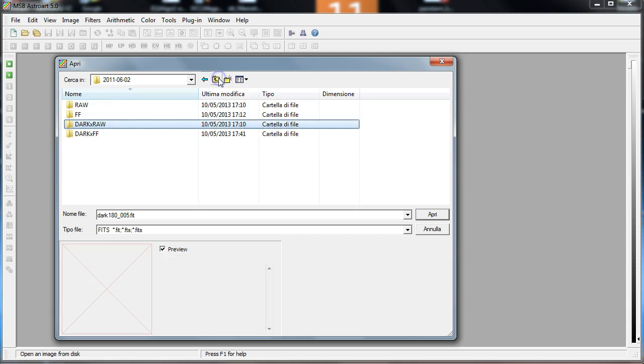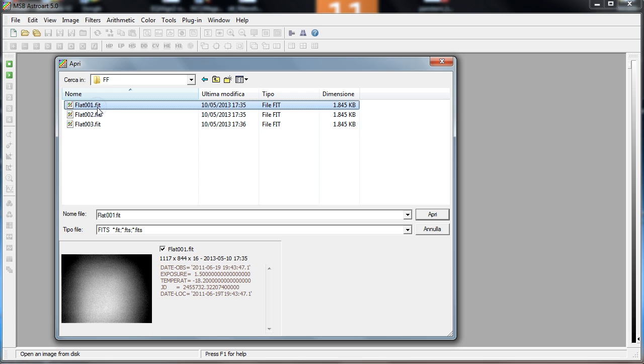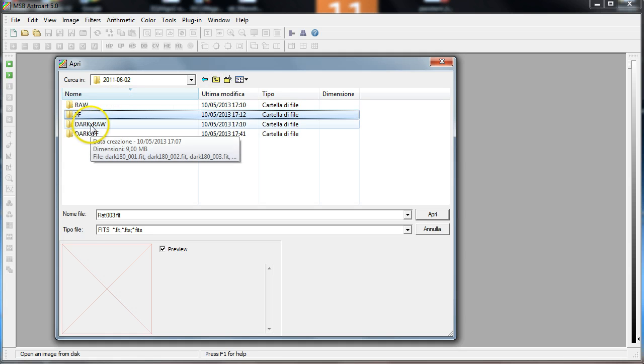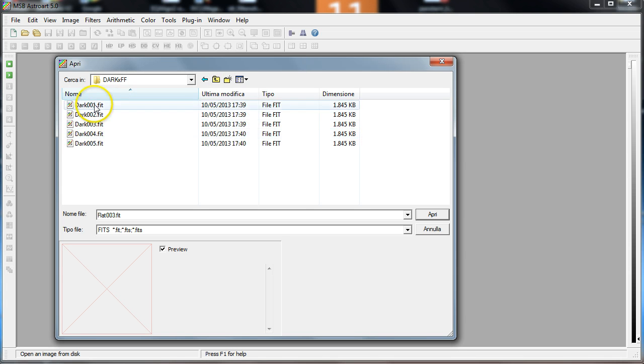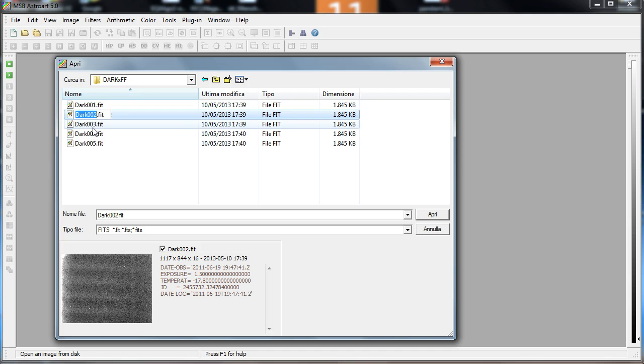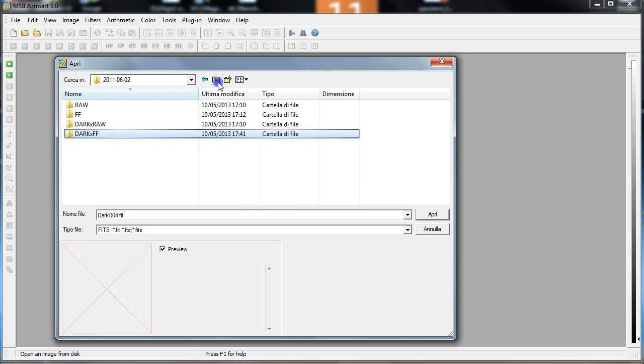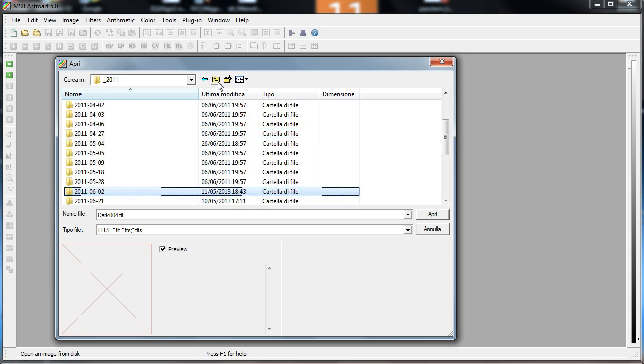These are the dark frames for the raw frames, and these are the flat fields, only 3 flat field frames, but you can get a better signal to noise ratio making more flats. And these are the dark frames for flats. Now we start with opening